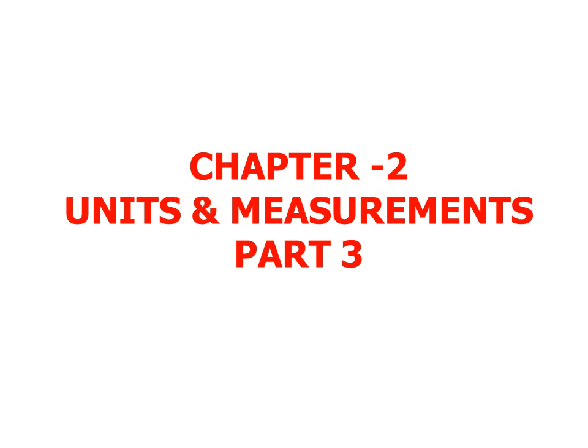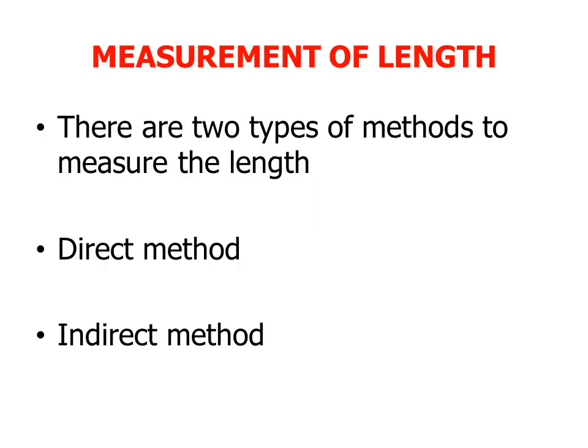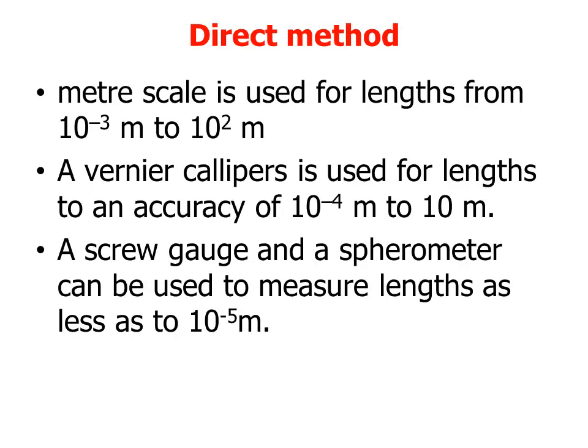In this video we are going to see about measurement of length. As we know, the SI unit of length is meter, and for the measurement of length there are two types we have, namely direct method and indirect method. So we can measure the length directly, or otherwise measure by the indirect method. So what is the direct method?